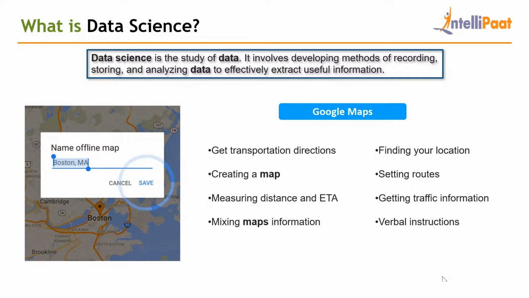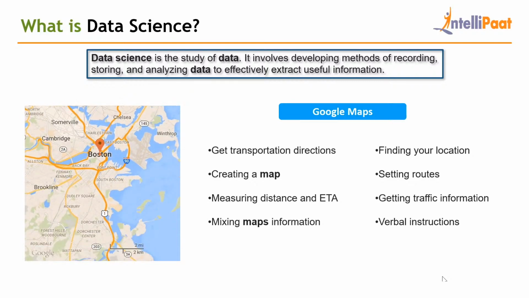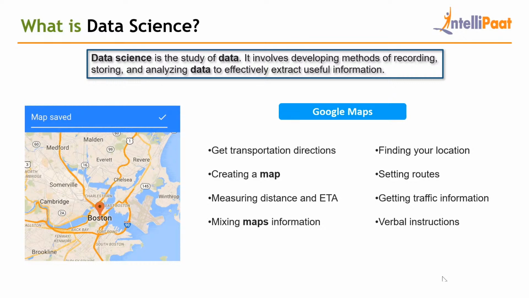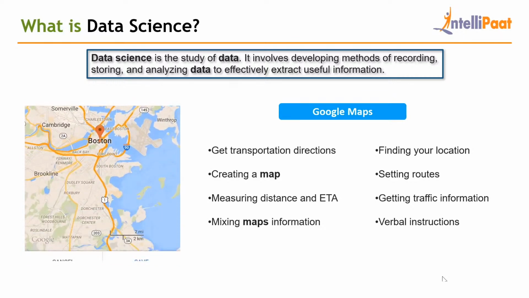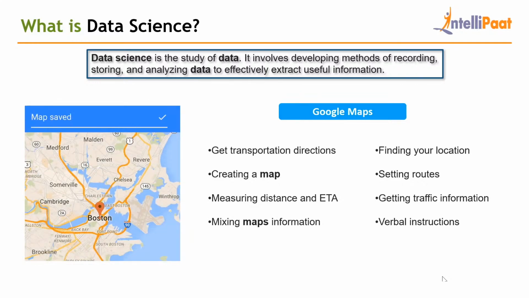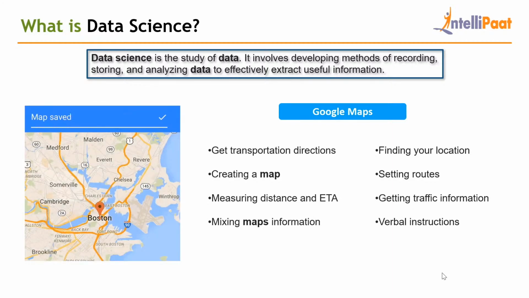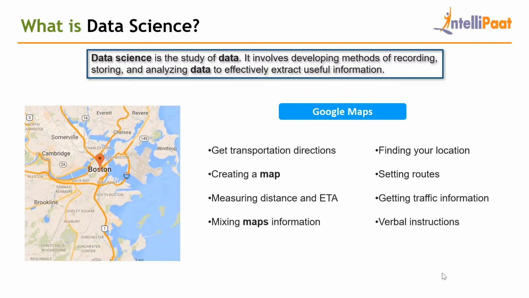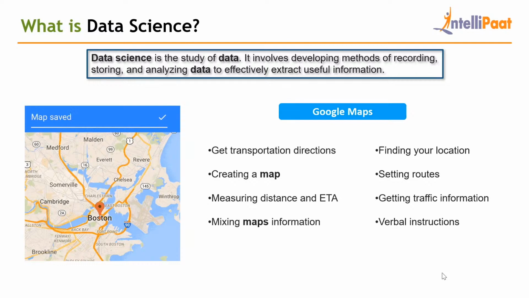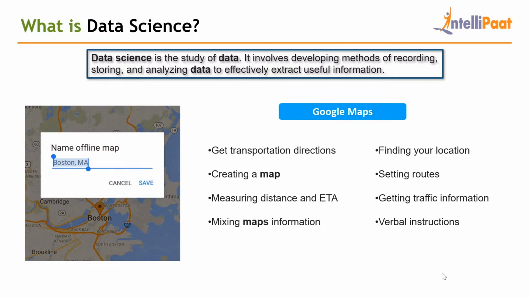Also it gives us the information about how much time is required if you are going by your own vehicle, if you are walking, or if you are going by bike or train. So it will give you all the information. How it does this is by using data science. There are various things that we can use Google Maps for, and they are getting transportation directions, creating a map, measuring distance and ETA, that is estimated time of arrival, mixing maps information, finding your location, setting routes, getting